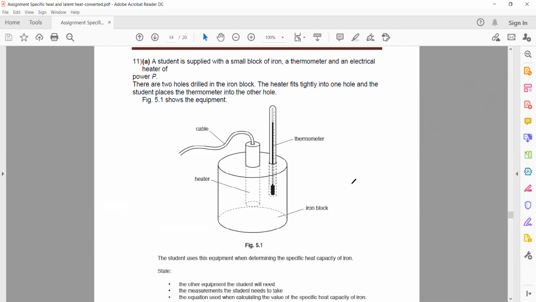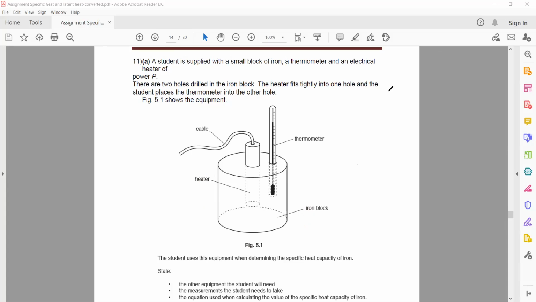How can we overcome this if we want the answer closer to the actual value? We don't want the heat to escape to the surroundings. So what should we do? Use insulation or lagging, like a vacuum flask. Wrap this block with any insulating material so it will not lose heat energy to the surroundings. And do this experiment at